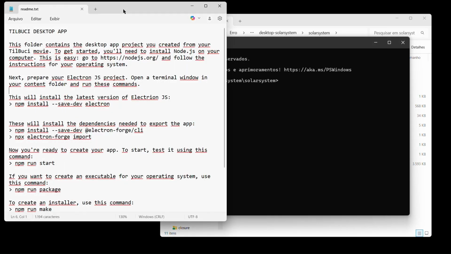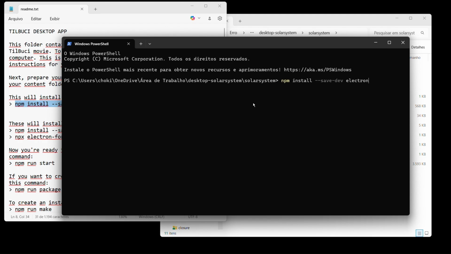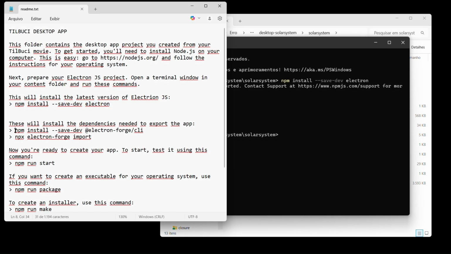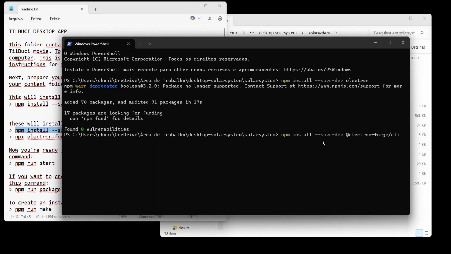Now, what we will do is continue copying, pasting, and executing the commands shown in our instructions file, starting with the installation of Electron.js. Then 2 more commands to install all the necessary add-ons.